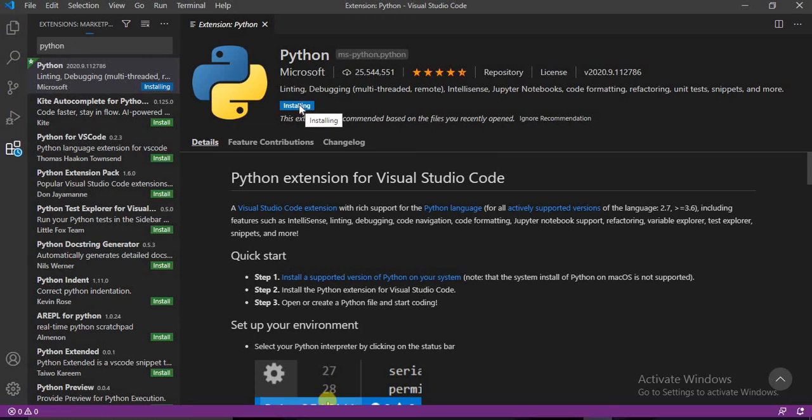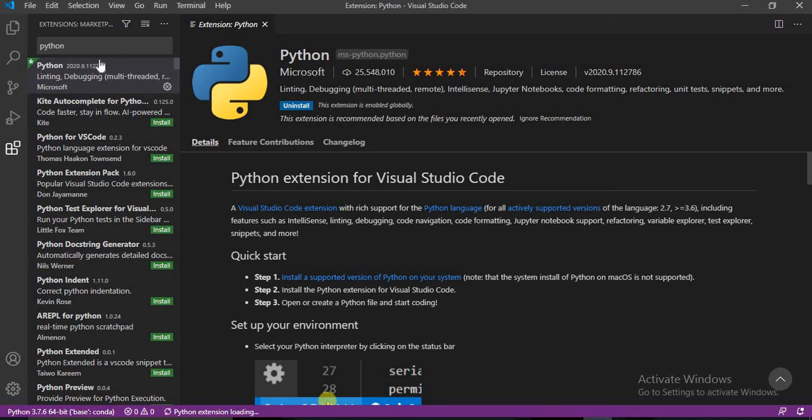Once the installation is complete, we'll run one program in Visual Studio Code itself. See, it is installed. This extension is enabled globally. We can disable it as well.